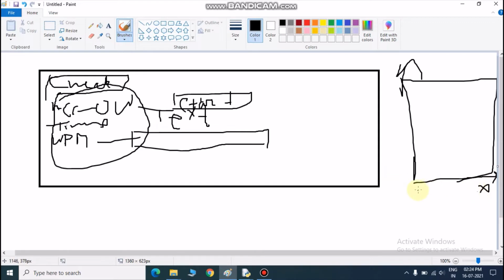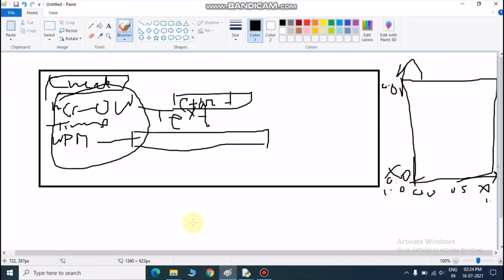So here x is 0.0, 0.5, and from here we'll get it till 1, and here it is y. But you have to keep one thing in mind, that y 0.0 is not here. It's wrong. y 0.0 is here and y 1.0 is here.